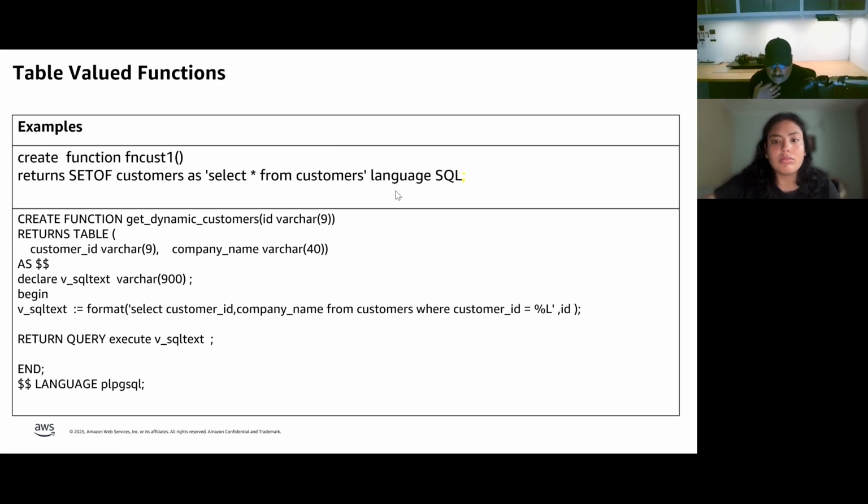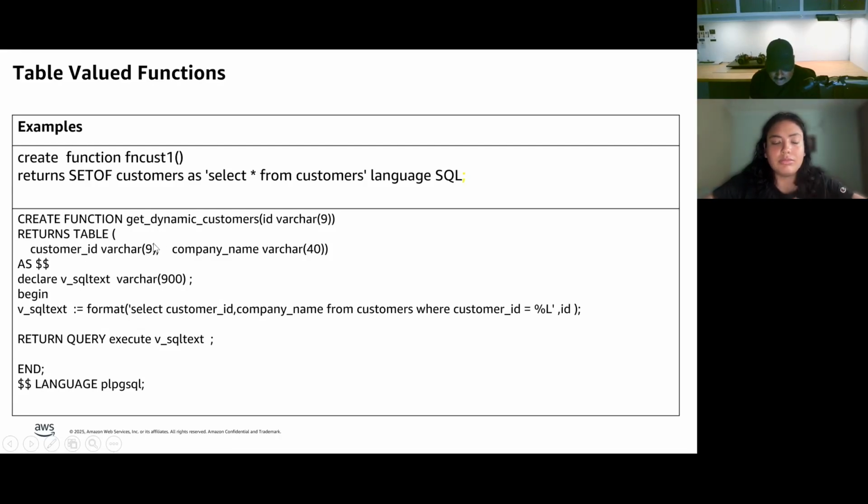And to create a dynamic function, because in SQL Server we create dynamic functions by passing n number of parameters where the output will change depending on the parameters that you pass, right? In Postgres, you can achieve the same by using this syntax. You still can return a table.